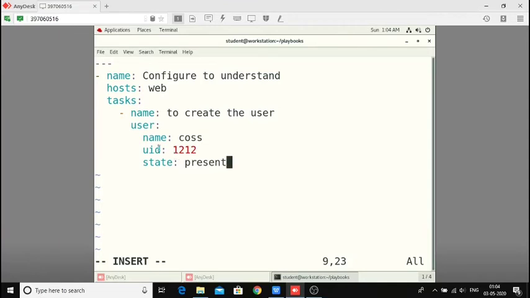Our motto is to create the user. For your kind information, I should say that user is the name of the module here, which will add the user and delete the user here. But adding or deleting a user will be identified by this statement. If I go with the state present, that means I'm going for adding the user. If I go with the state absent, that means I'm going for deleting the user. All right.